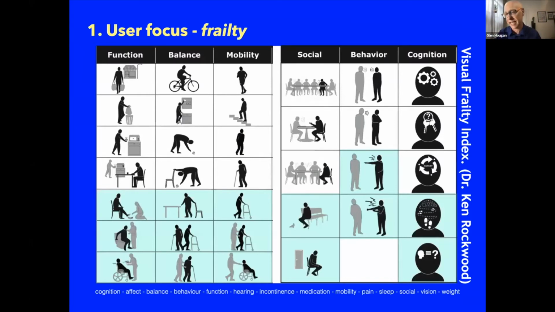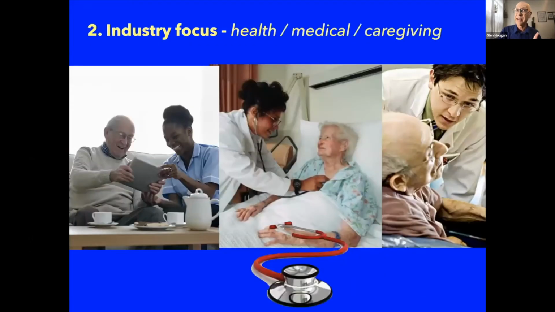And this is a frailty scale I did with Dr. Ken Rockwood, who was a gerontologist, and it was looking at frailty. And these were some graphics I did. What we are mostly designing for is not the upper end of how you might look at that frailty. We're doing the lower, extreme end, because that is where designers sometimes think they need to intervene. And a lot of times it is intervened because it's driven by an industry focus around